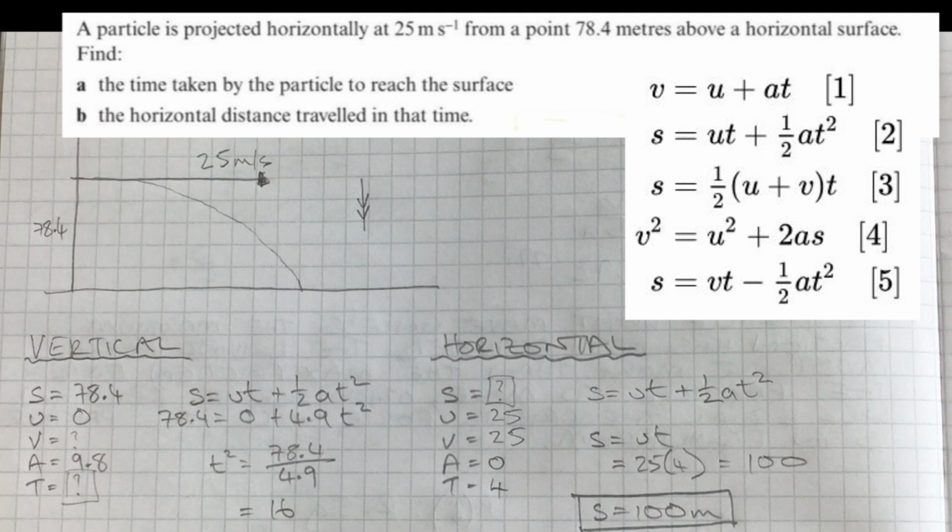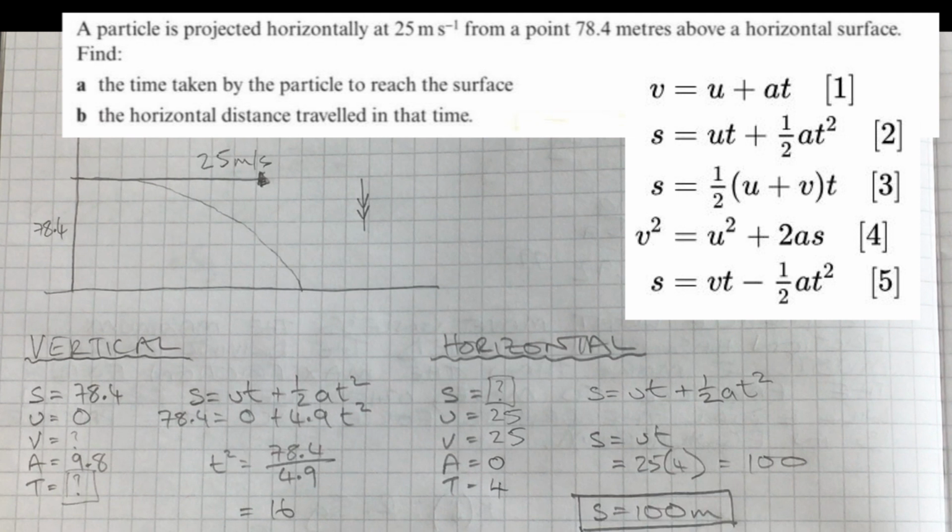So this is how I want you to approach these questions. We're going to get a good diagram. We're going to think about the vertical components, and we're going to think about the horizontal components. For the vertical, we're going to use the acceleration due to gravity, and for the horizontal, there will be no